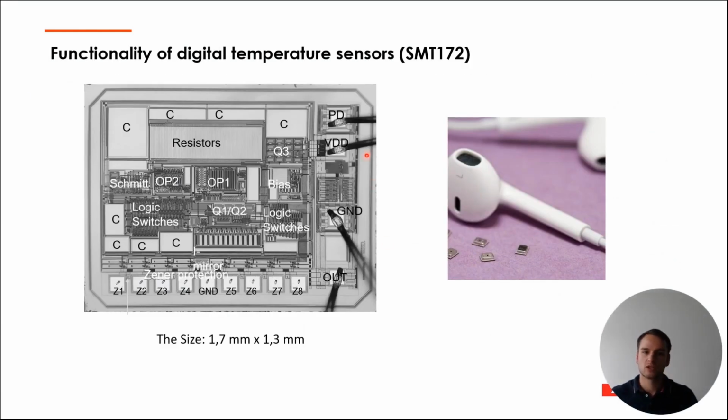On this slide you can see a picture of the temperature sensor, and afterwards I will show you the functionality of the temperature sensor. But first take a look at the picture on the right, where you can see a headphone and a view of the temperature sensors, and you can see that it's really small. The temperature sensor chip or die itself has a size of 1.7 millimeters times 1.3 millimeters, so it's really tiny. If you take a look, you will see plenty of capacitors, resistors, a Schmitt trigger and 8 Zener diodes. In a few minutes I will show you what we are doing with the Zener diodes and how you could use them for